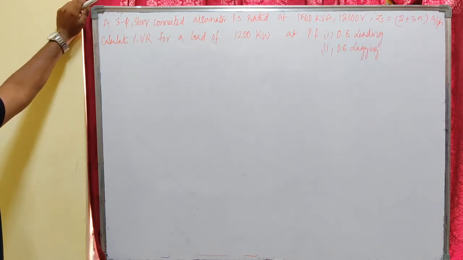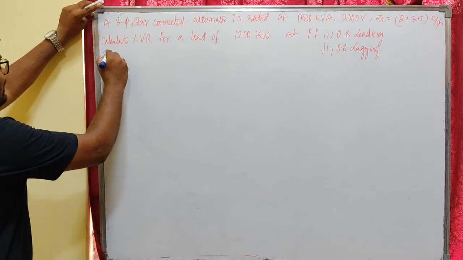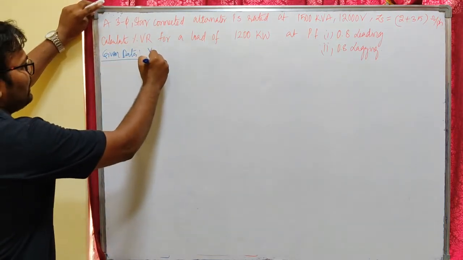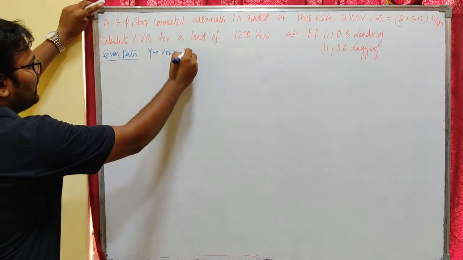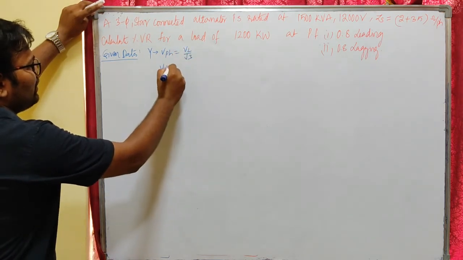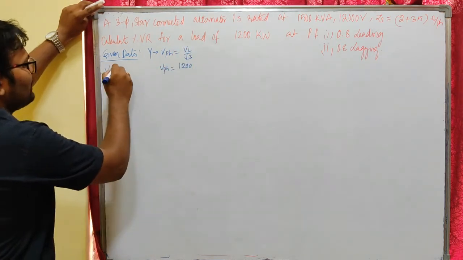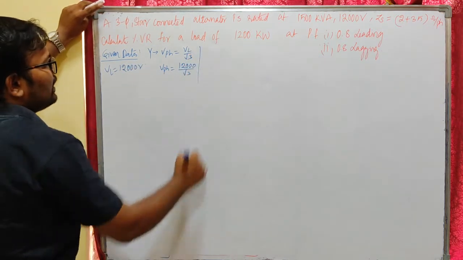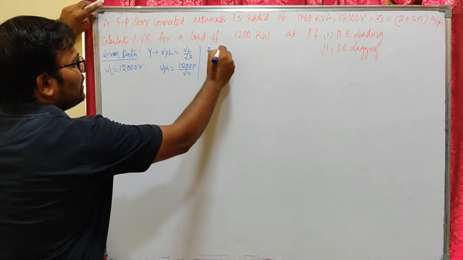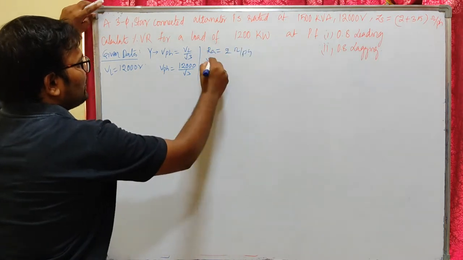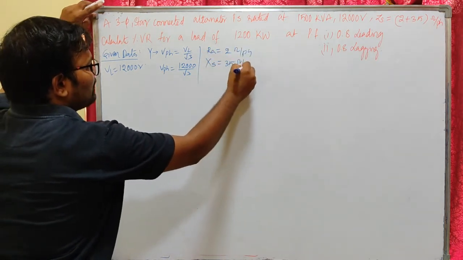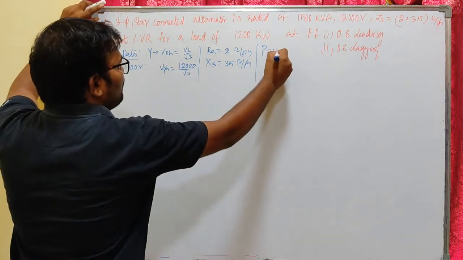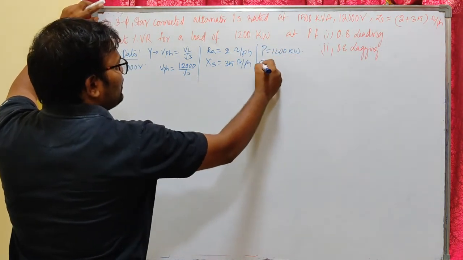So let us have the given data first. It is star connected, so V phase should be equal to VL by root 3. V phase is equal to terminal voltage VL, which is 12,000 volts, so 12,000 by root 3. The given data is Ra equal to 2 ohm per phase and Xs equal to 35 ohm per phase. And calculate the voltage regulation for a power of 1200 kilowatts, and here apparent power is